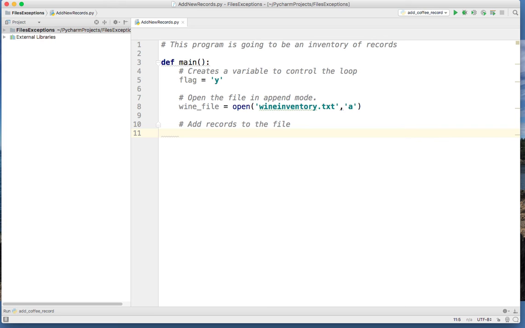The first thing that we need is to get the record. So we need to create the loop. We're going to have while, and the name of our variable up there is called flag. We're going to say while the flag equals y,